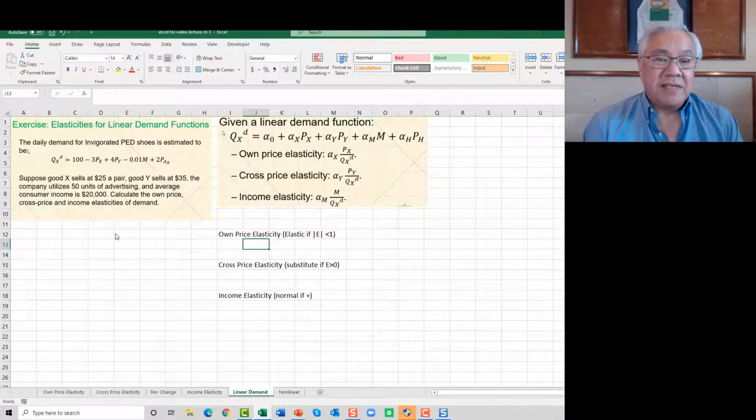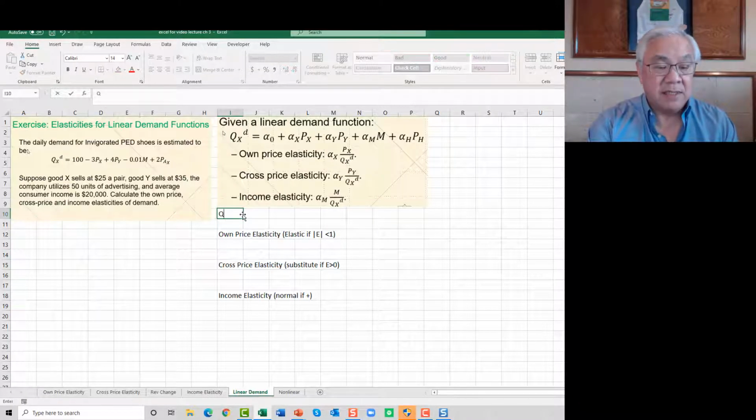All right, let's use the two elements that we just looked at. One is the problem, and two is this derivation of a linear demand function. So the first thing we're going to do is figure out what is the demand. So quantity demanded for X